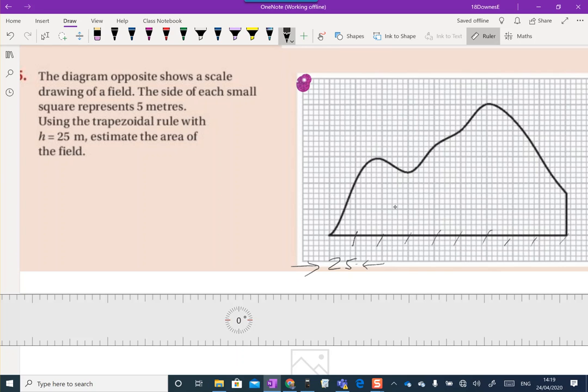Then we can count in 25s, 1 and 2, that's 50. 1, 2, 3 is 75. This is tricky. 50 and 12.5, 62.5. And I'm going to stagger up and down so that I keep getting to do my writing. So with this one, 1, 2, 3, and 12.5,